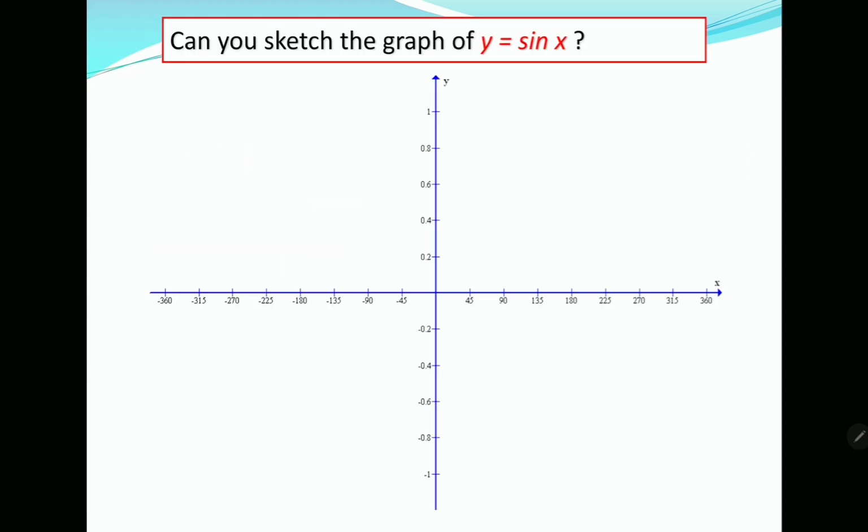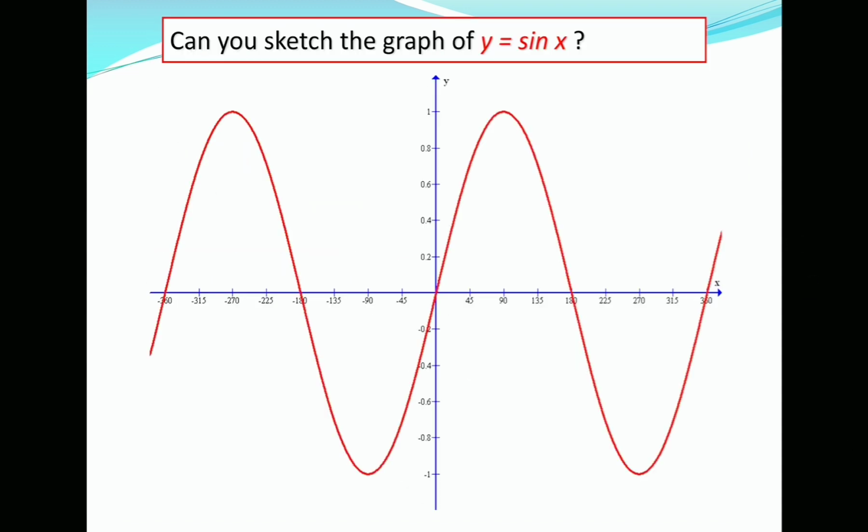Now, the graph of sine and cosine. This is the graph of the sine function. It starts at 0 and ends at 360 degrees and then starts repeating itself. So we can say the period of this graph is 360 degrees, or you can say 2 pi. And this is known as amplitude. The distance of the maxima or minima from the principal axis is known as amplitude.